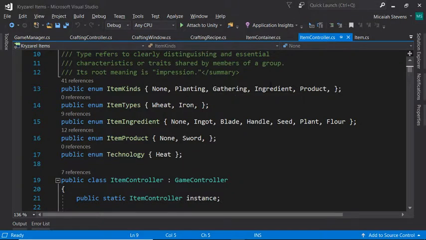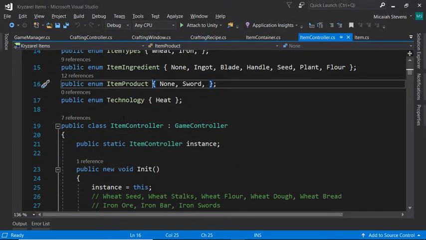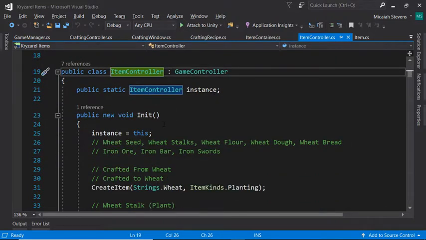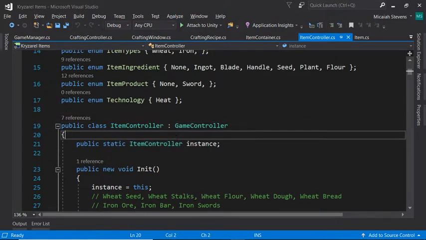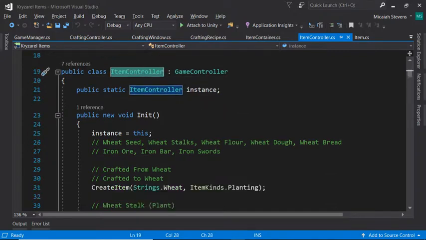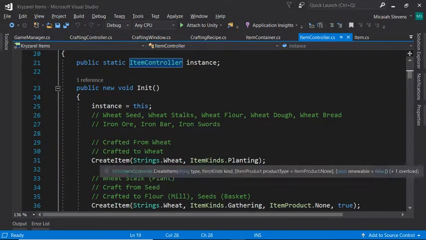There's planting, gathering, ingredients, and products, and then we've got these item types, and then these ingredients. So that's where you get the ingot, blade, handle, seed, all this various stuff. And you've got a product, and then technology. We haven't implemented technology, but that's sort of the idea here. So this is the general idea. It's like an item controller, but it's more like the item database. And to create